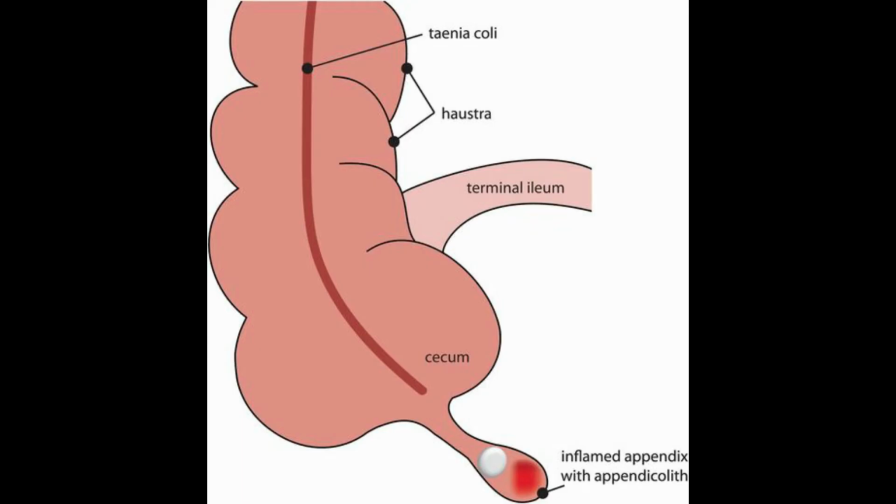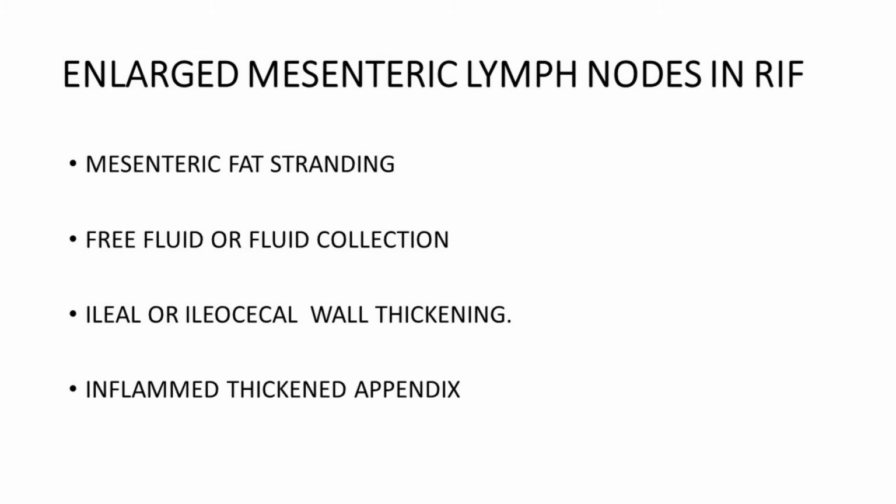The next mimicker of appendicitis is ileitis or ileocolitis, where we can also have mesenteric lymphadenitis. Usually there may not be any fluid collection or significant mesenteric fat standing. There will be significant ileal or ileocecal wall thickening. We might see a normal appendix sometimes, but tuberculosis also comes in the subacute or chronic pattern of right iliac fossa pain in this category. The next one is the resolving intussusception.